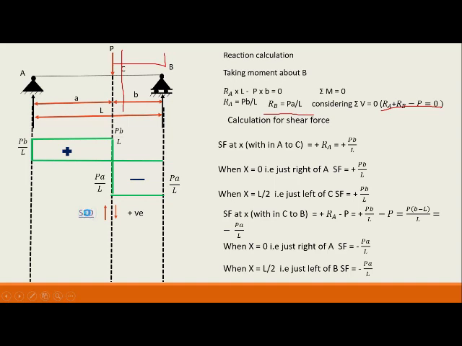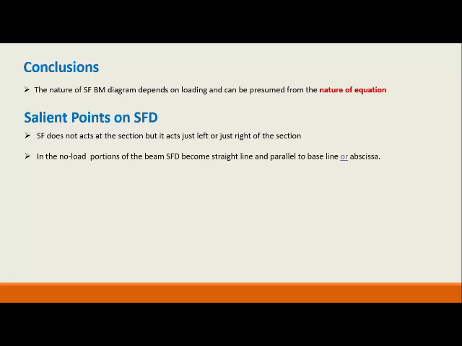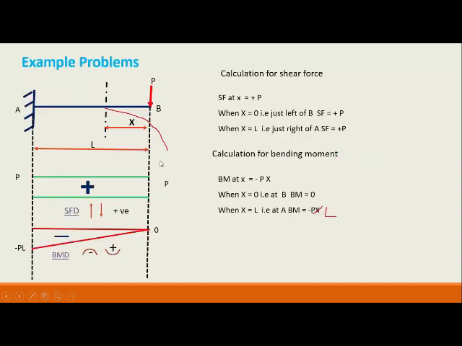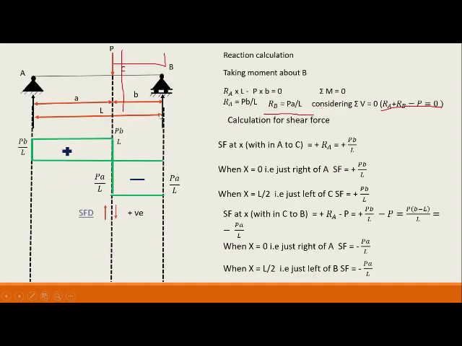The next salient point is that the change in ordinate of the diagram between 2 points is the change of the transverse load between those points. What is that? How much change is occurring between 2 points is the change of the load at that point. So here there is no change because it is having a value of P, so the value is P. But here it is having a change. So how much is the change? If you make an algebraic summation of these two, you will get P.